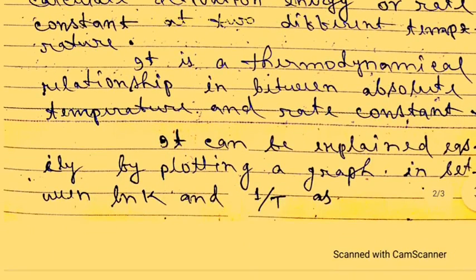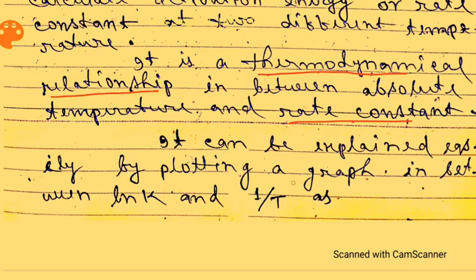Now, it is a thermodynamical relationship, meaning this equation is a thermodynamical relationship between the rate constant, that is K, and the absolute temperature, capital T. It can be explained easily